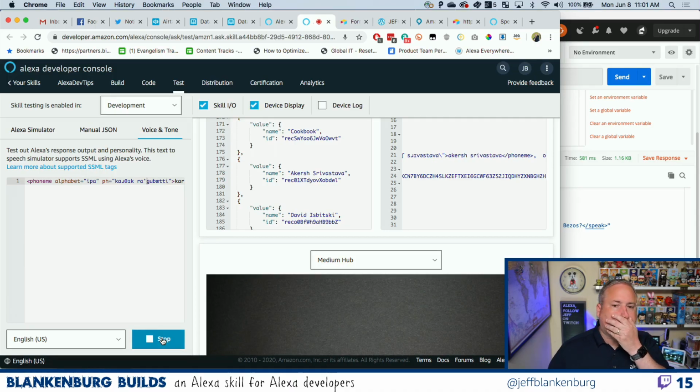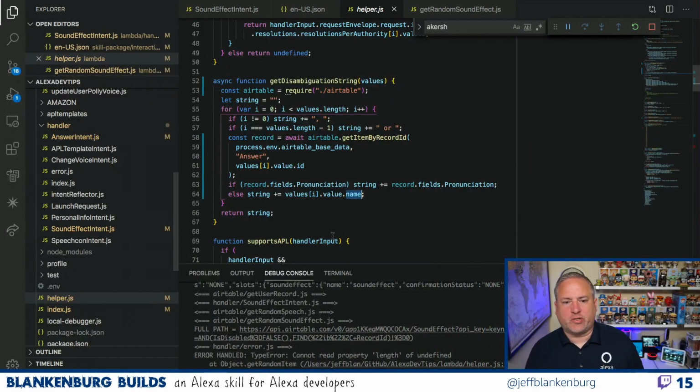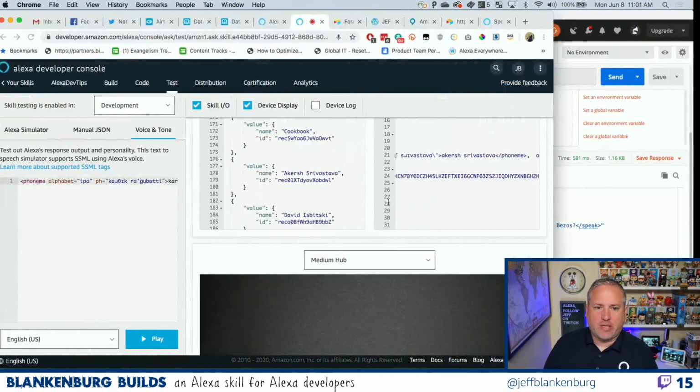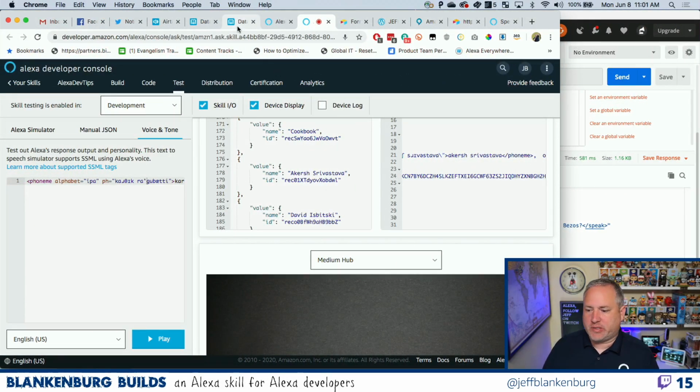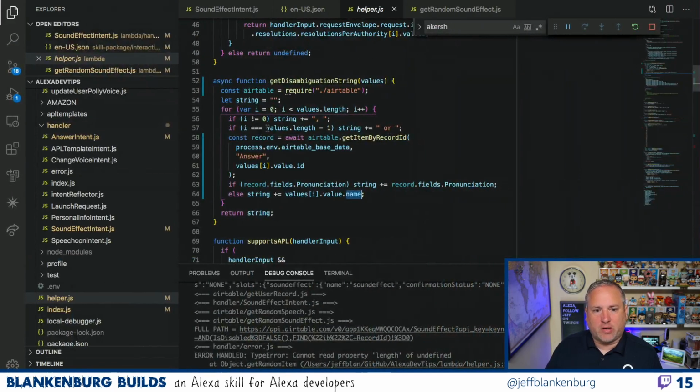But the problem that I was really trying to solve is, how do I make sure that even in those disambiguation situations, I'm saying the words properly? Because I don't ever want there to be a time where it's wrong. And so the way that I solve that is, when I'm getting my disambiguation, I basically just need to call and get the record and get the pronunciation for it, because there's no place for me to store that stuff.